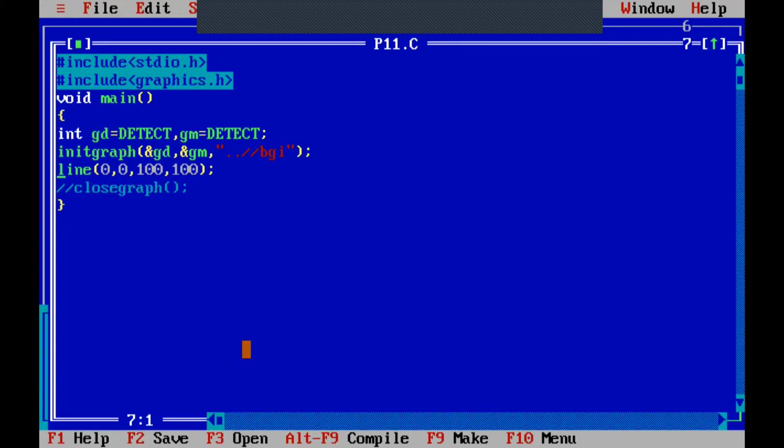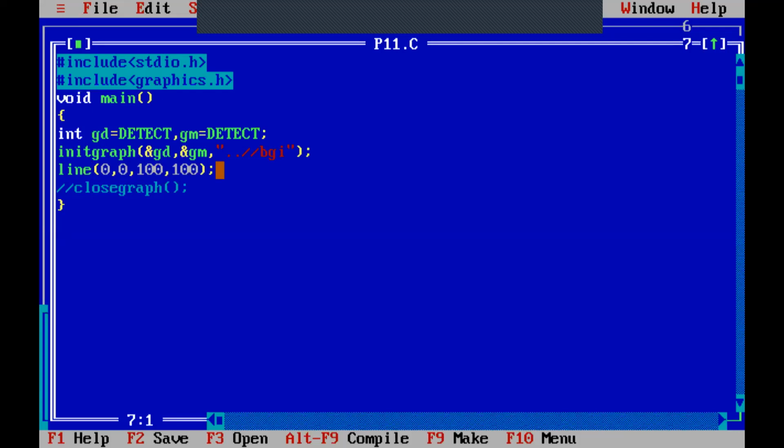That means if I have to draw a line from 0, 0 to 10, 10, I should know that 0, 0 is the first end point of the line and 10, 10 is the other end point of the line. So starting point coordinates and end point coordinates. So here are the 4 values which you will get. 0, 0 means the starting point coordinate and 100, 100 means the end point coordinate.